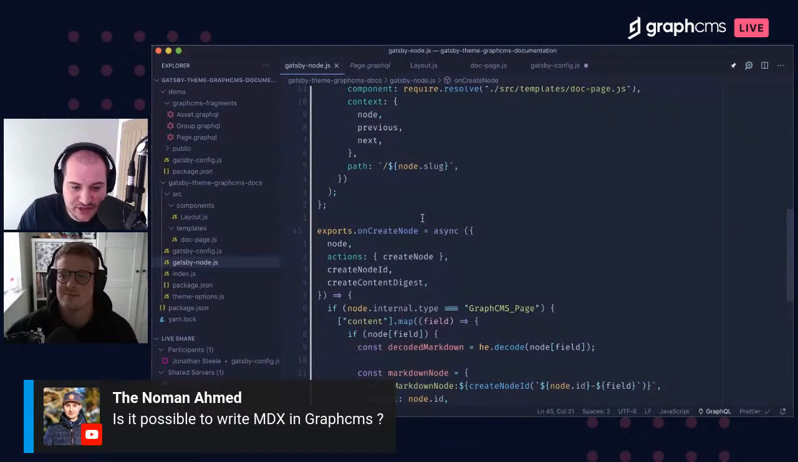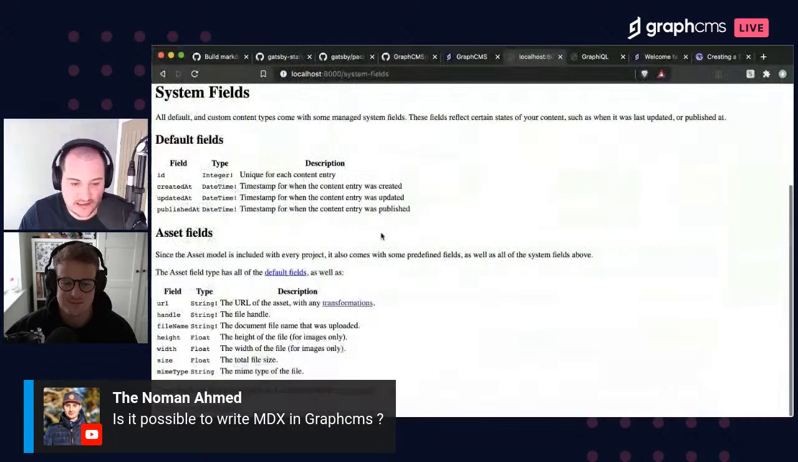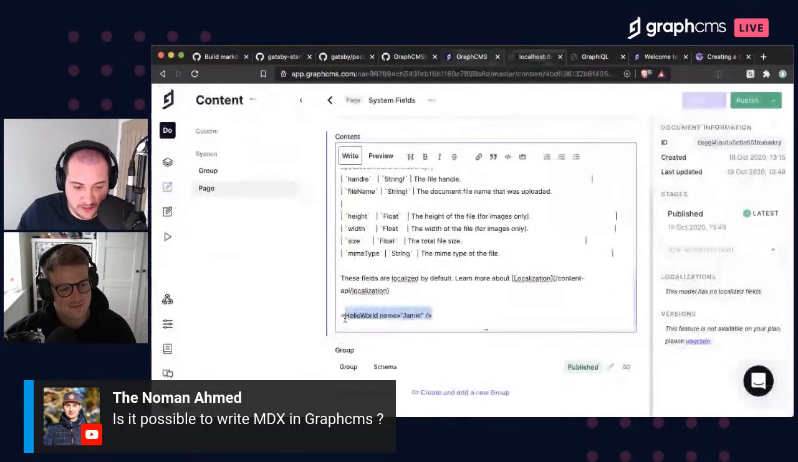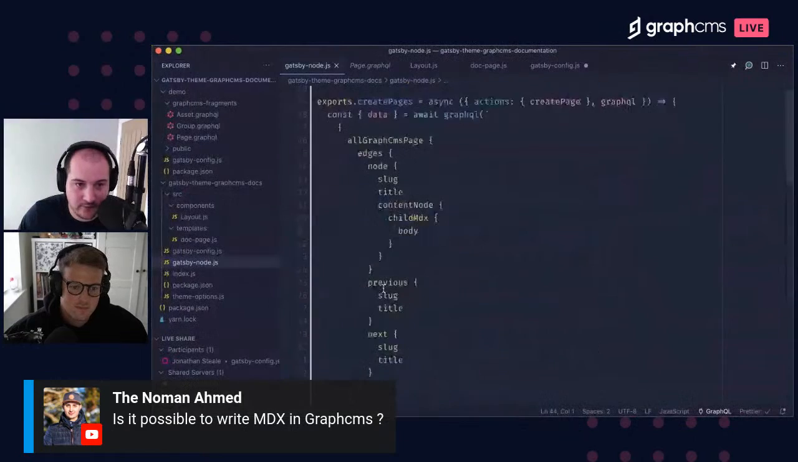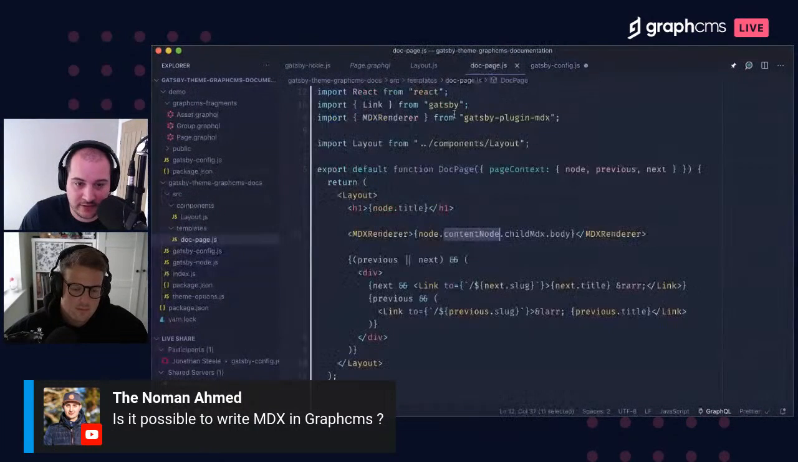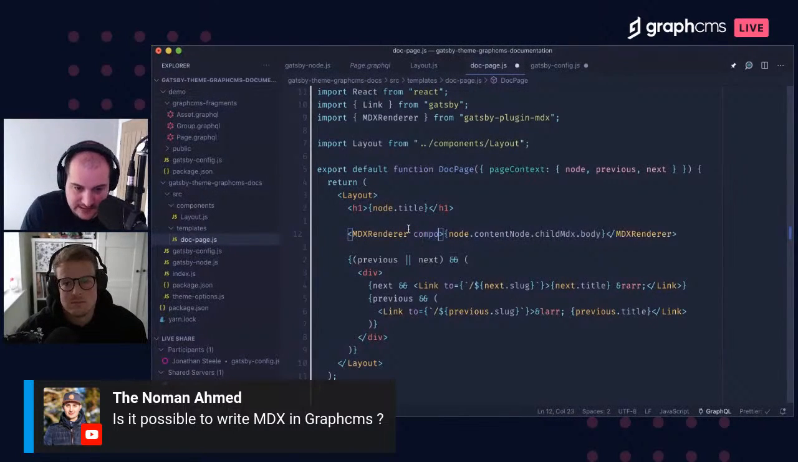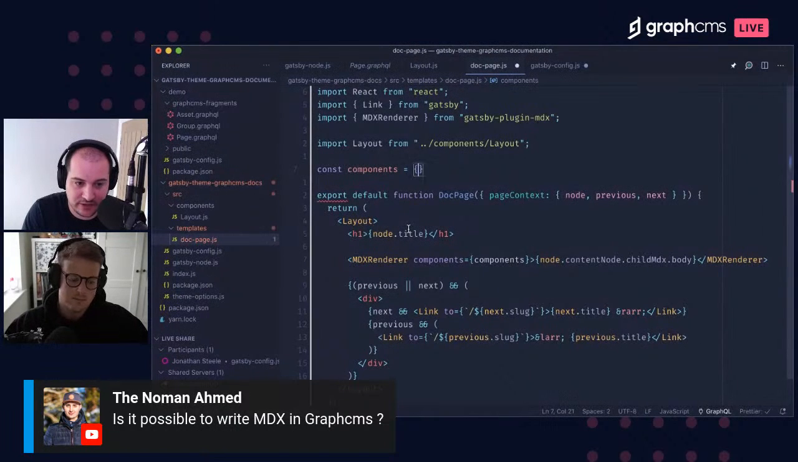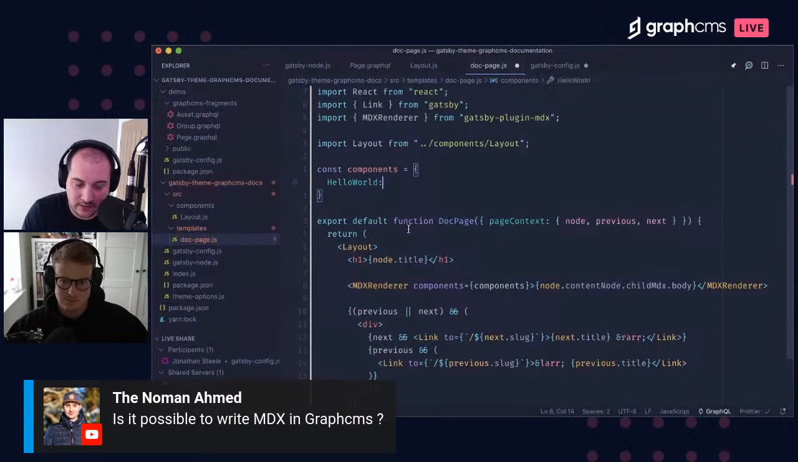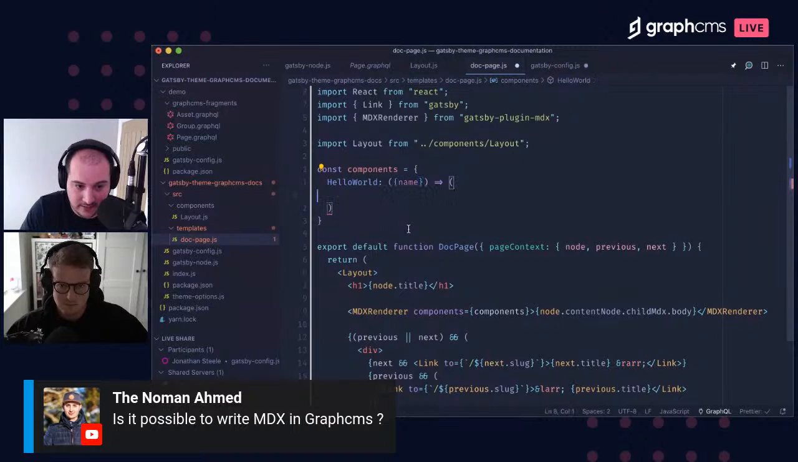So there was a question earlier on whether or not it's possible to write MDX in GraphCMS, and I explained that you can go about doing this. To answer that question, I'd like to go through creating a component that renders the name on the page from this React component. I'm just going to do this from memory because I think I know what I'm doing. Dangerous words. But I think we pass components here. Then we just need a const components object, and one has to match HelloWorld. And then this is just a normal function, so we could destructure name from here and return